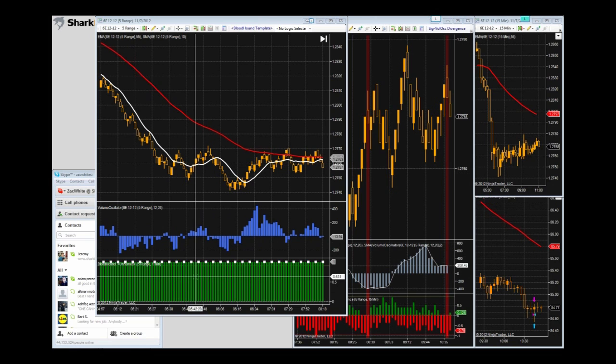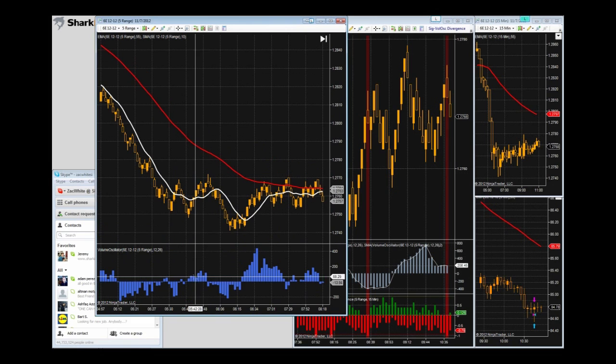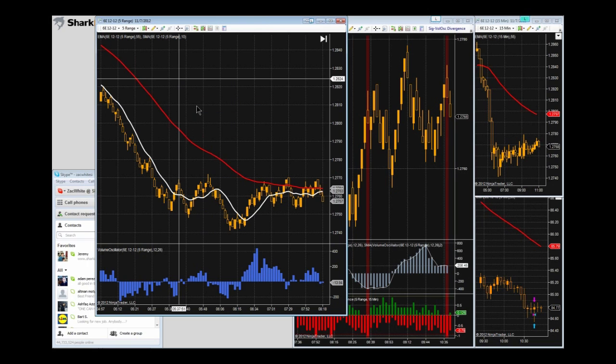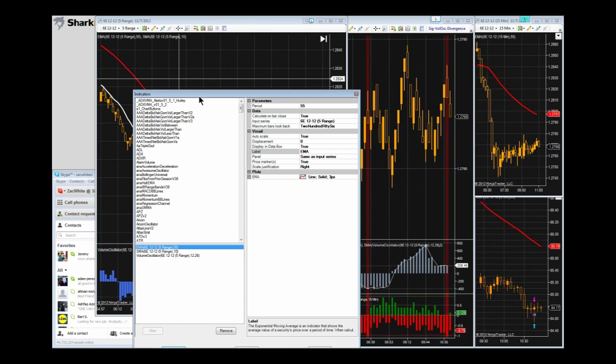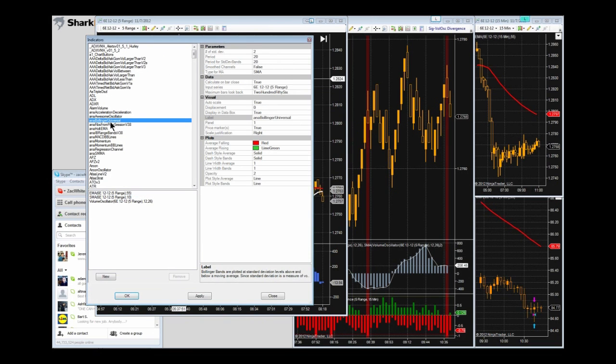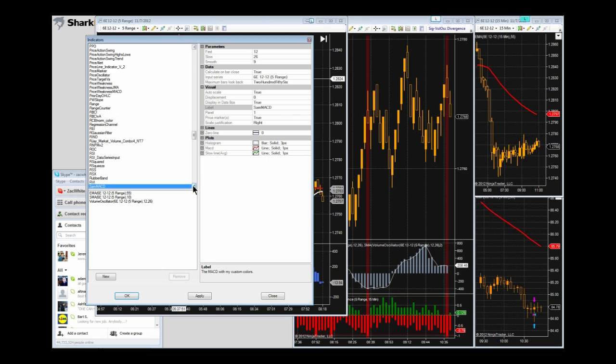So I'm going to delete BloodHound off my chart and show you guys just kind of the basics of getting BloodHound on the chart here. So if we right-click on the chart and go to Indicators, and all of Shark indicators are under SI. So I'm going to jump down to the S's,